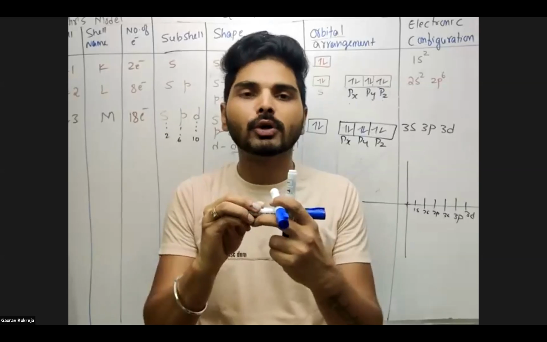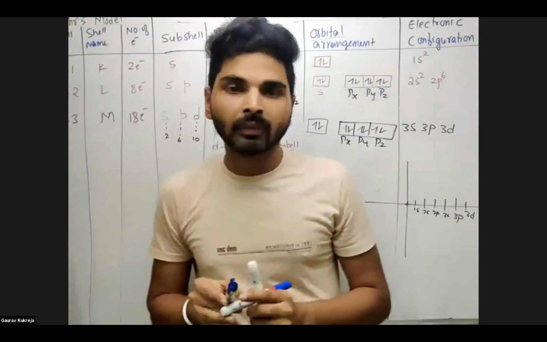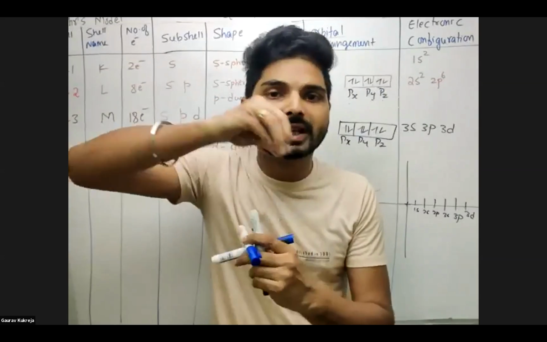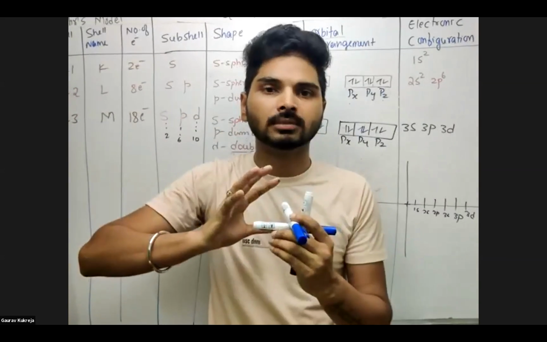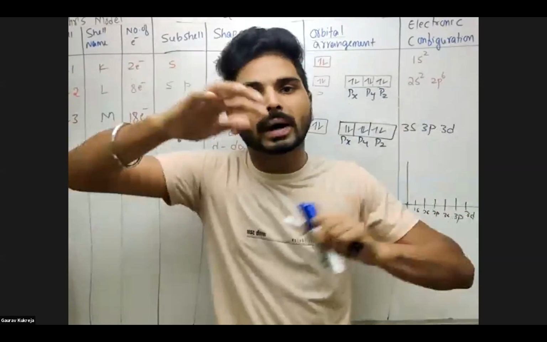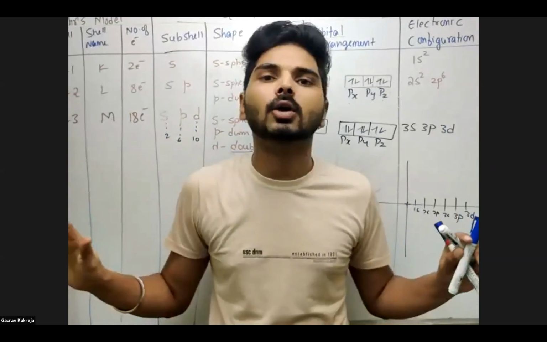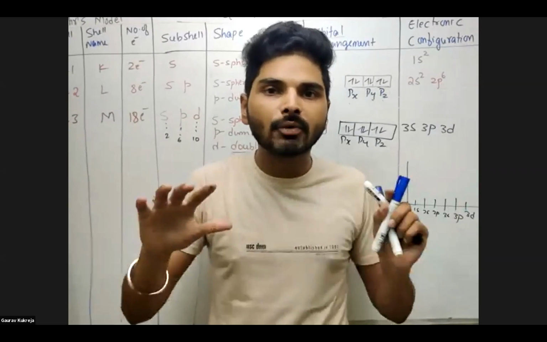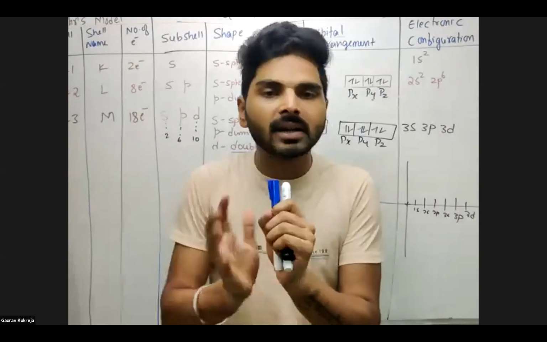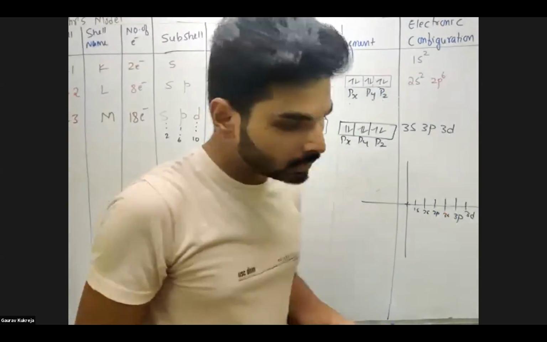So now what I'm going to do, I'm going to show you double dumbbell manner. So now how electron has to be placed. Remember, at the end of this model, we'll be understanding that electrons will be distributed all over the atom without leaving any empty space. मतलब पूरा आपको इलेक्ट्रॉन को भरना है, फिल करना है, कहाँ कहाँ आपको खाली जगह लग रहा है मैथमेटिकली, वहां पे हर जगह आपको इलेक्ट्रॉन को फिल करना है. So at the end what happens, nucleus at the center and electrons will be revolving either spherically or axially or along the planes.